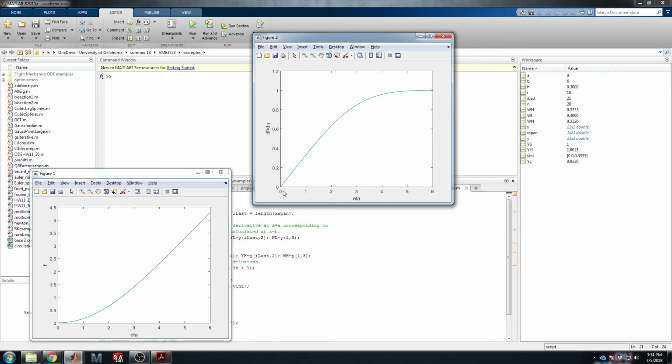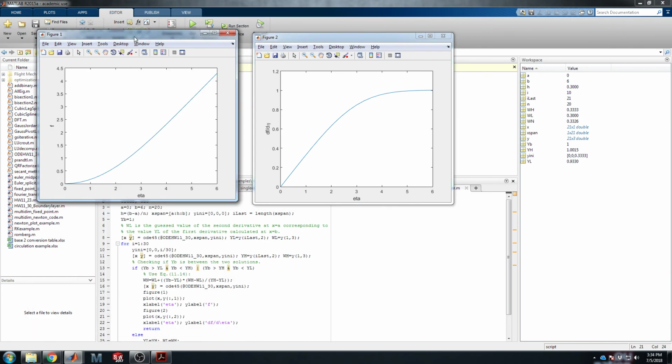The left-hand intercept is fine. All the other boundary conditions are met, if I can read them off right again. F at 0 equals 0. Yep. Middle boundary condition, df d eta at eta equals 0. So down here at 0, that equals nothing. Yep, so no slip at the wall is satisfied. And then df d eta, so the slope, which is plotted directly here on the y-axis, at eta equals infinity, which is approximated by 6. Again, look at the physics. It makes sense. Equals 1. So yes,